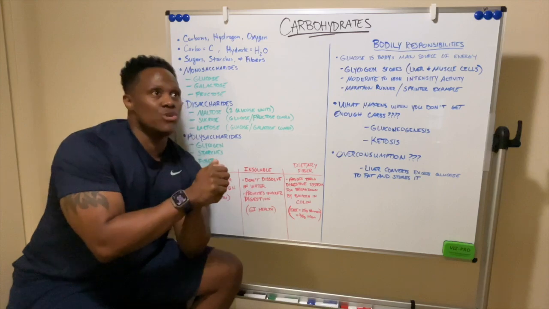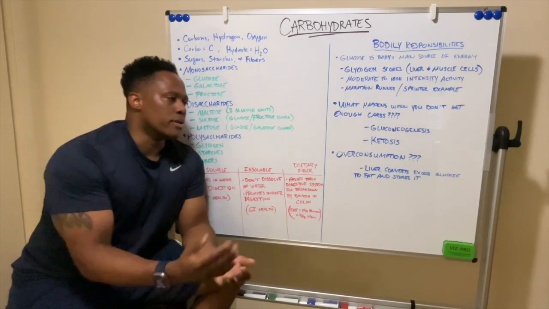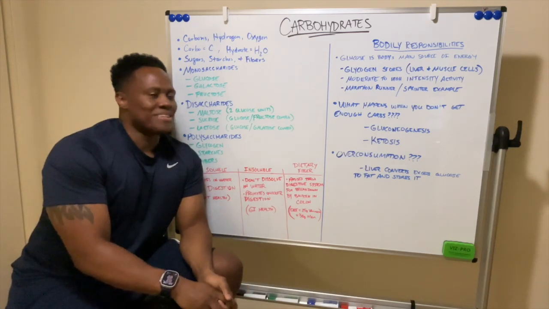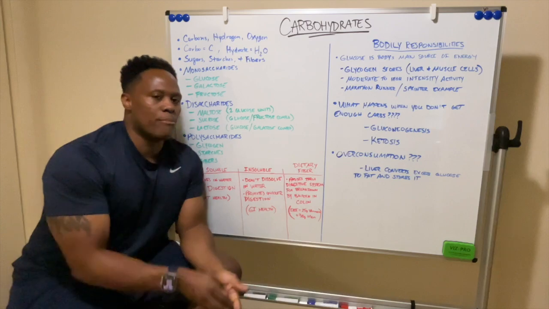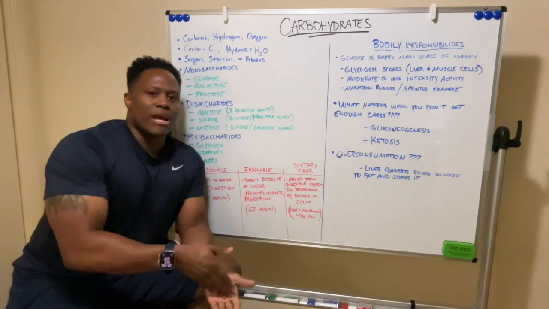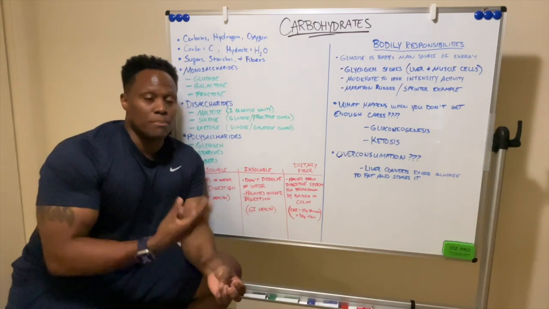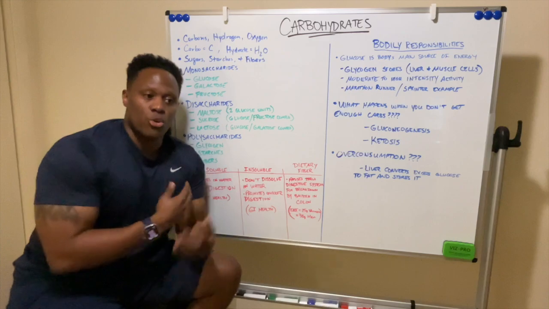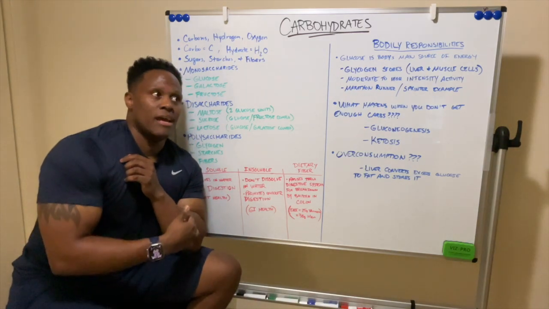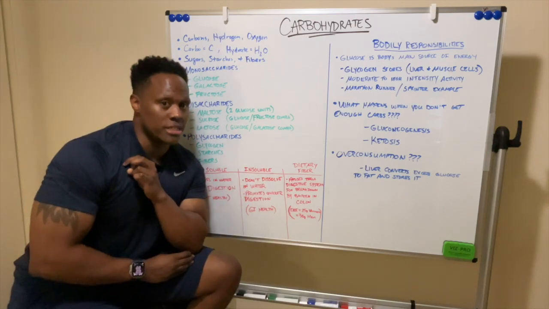Because the last thing you want is your body starting to break down protein, and I'll talk about that in the protein video too. But that'll be 101C, I believe. So anyway, your body will start breaking down proteins, right? And then it'll start breaking down what is literally the building blocks of proteins, which is amino acids. And that's what you need in order to build and maintain muscle and even repair, replace, and maintain cells. So you definitely want to make sure you get your carbs in.